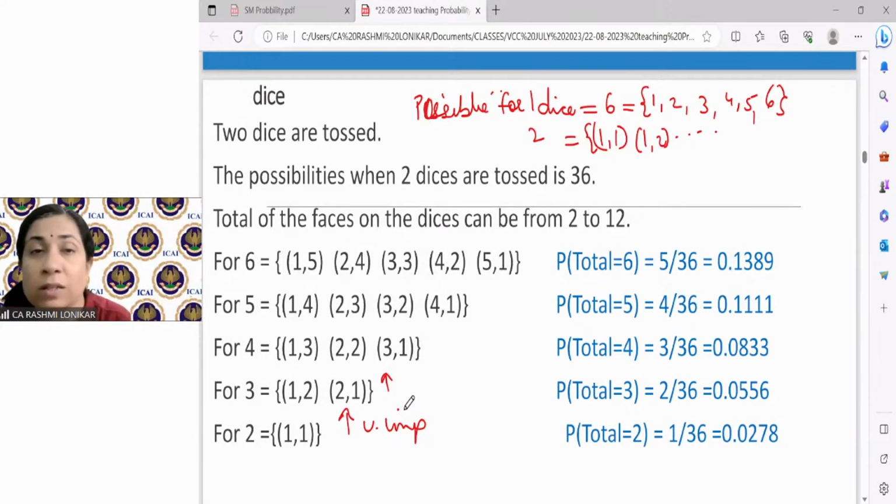So what happens when I am tossing 2 dice? I will add the numbers on the top. If I get a 1 on one dice and a 1 on the other dice, what will be the total? 1 plus 1, 2. How many times can I have that? That can occur only once. So 1. For 3, what can it be? I can have 1, 2: on the first dice I have a 1, on the second dice I have a 2. Or it can be the opposite: on the first dice I get a 2, and on the other dice I get a 1. So that is also possible, and so on. Can you just see this and appreciate?